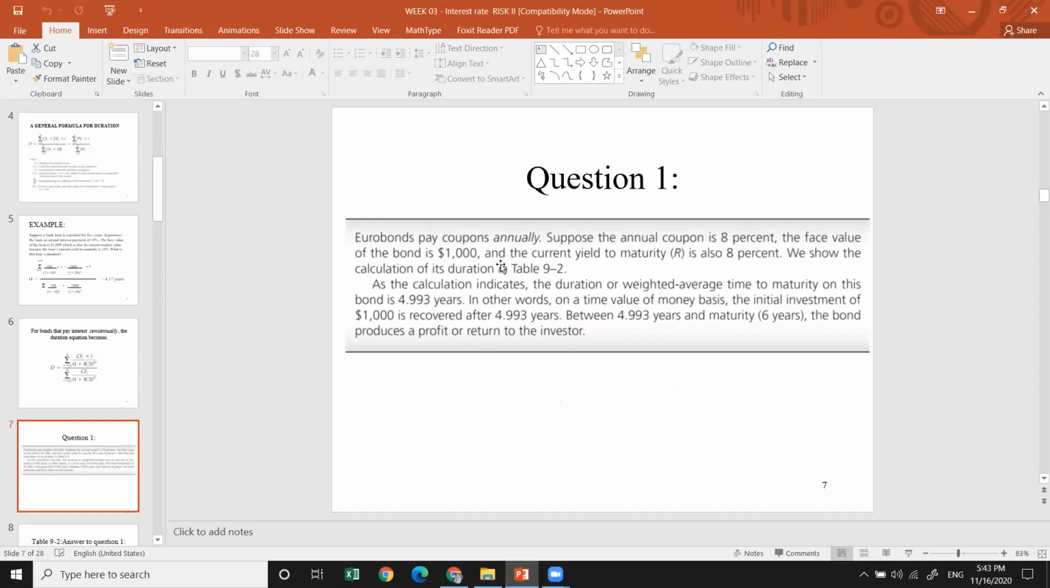4.9933 years. In other words, on a time value of money basis, the initial investment of $1,000 is recovered after 4.9933 years. Whatever comes after these years will be your actual markup, your return. So the minimum number of years you need to recover the $1,000 you invested is 4.9933 years. So it's more or less close to the